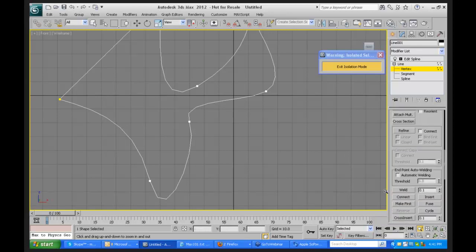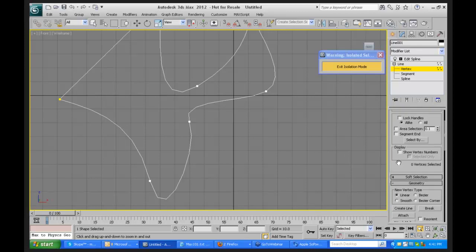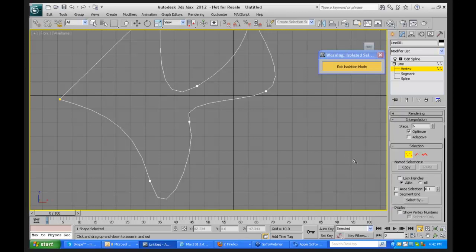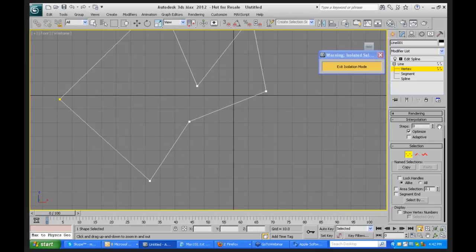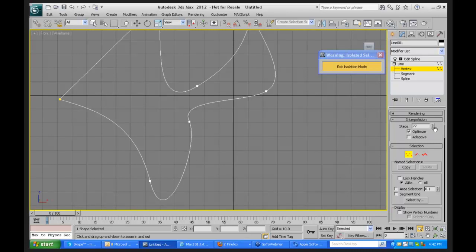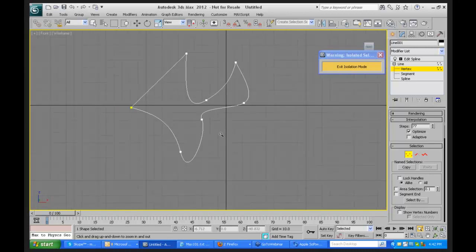How do we control that? The way we control that is in the interpolation rollout. And indeed, there it says 6 steps. If I reduce this, 2 steps, 1 step, no steps. So you can now see there are no intermediary steps. And notice that now this is a beautiful smooth curve, but this is going to create a hellishly